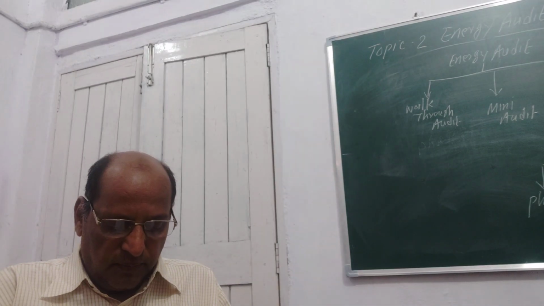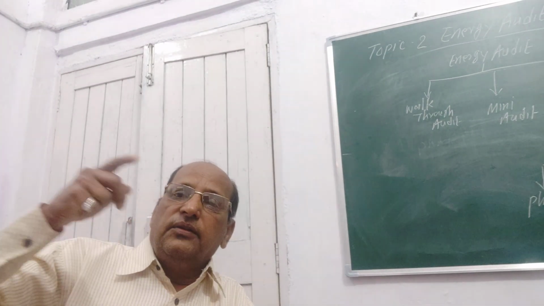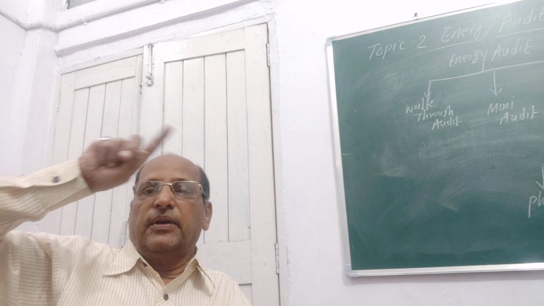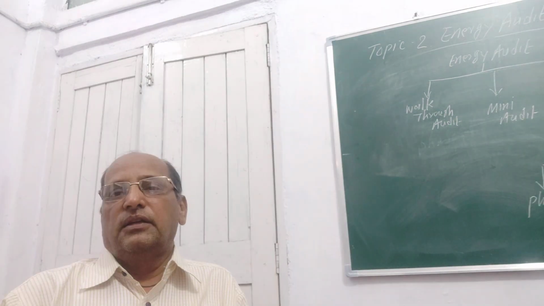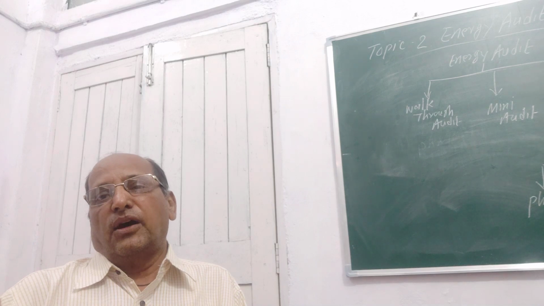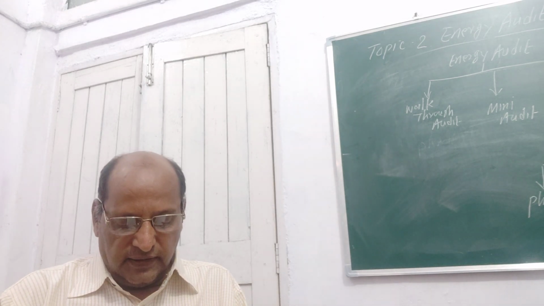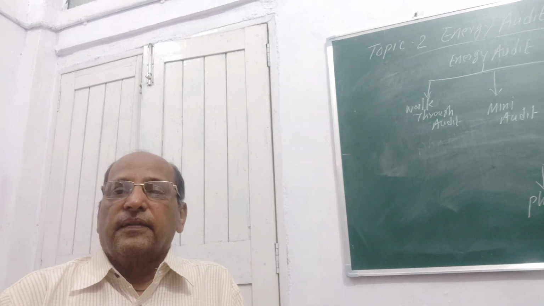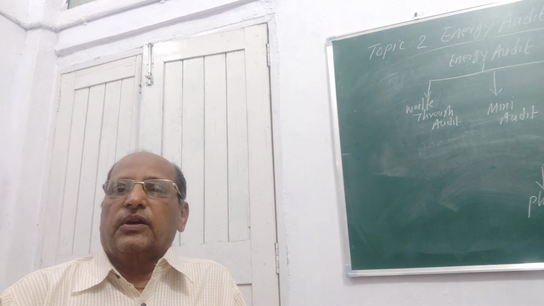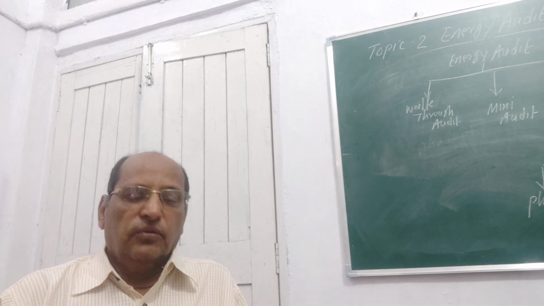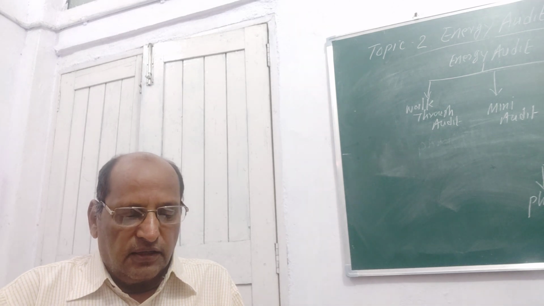Then prepare a plan for the audit. Now when you have got all this information, you prepare a plan for how you will execute the energy audit in the system and how you start the procedure. So detailed planning is required, and that is done on paper also. On paper you do the first planning, and according to that you start working. Now in phase 2, that is the audit phase.